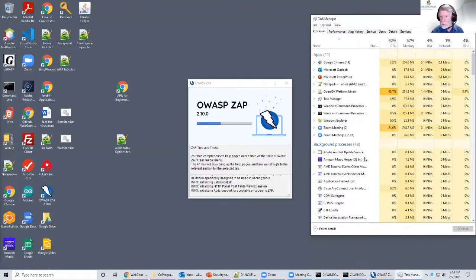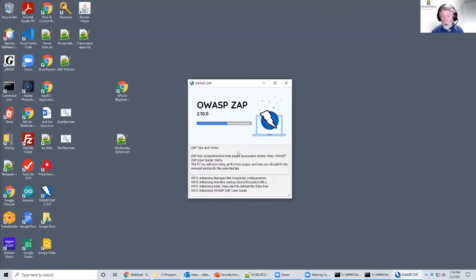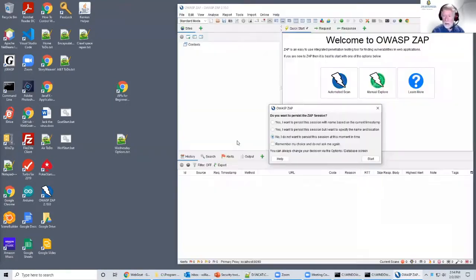Everything's going along. It's opening up. It takes a little while to start up. It's a Java application, all Java, which means it should run on Windows, on Mac. Okay. First thing when it comes up is it shows you this box right here. Do you want to persist the Zap session? Answer: I usually say no, unless I'm wanting